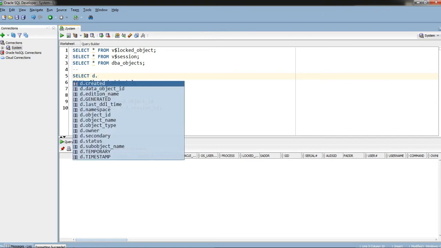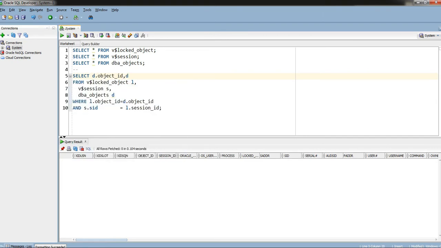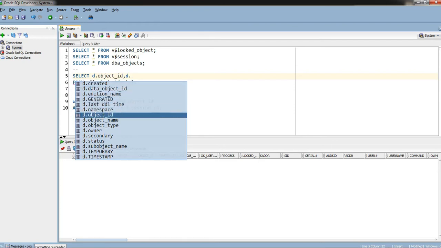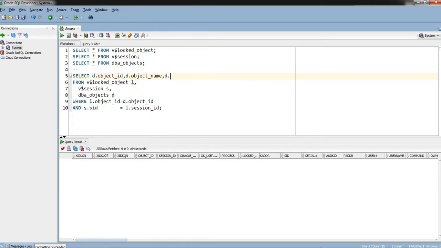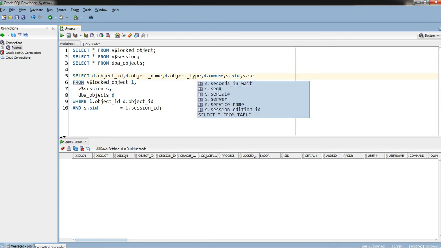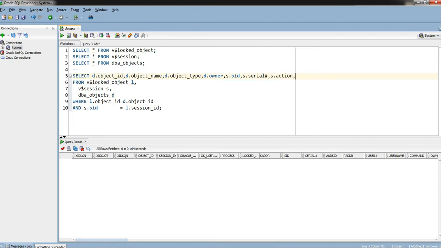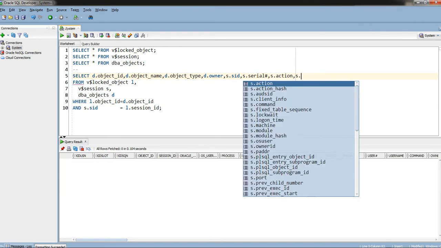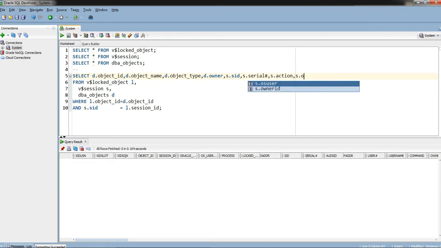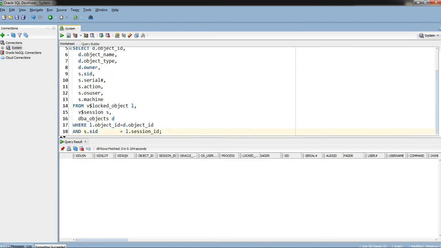So D dot object ID, D dot object name, D dot object type, and D dot owner, and S dot SID, S dot serial, S dot action, S dot OS user, S dot machine. So this is the query.